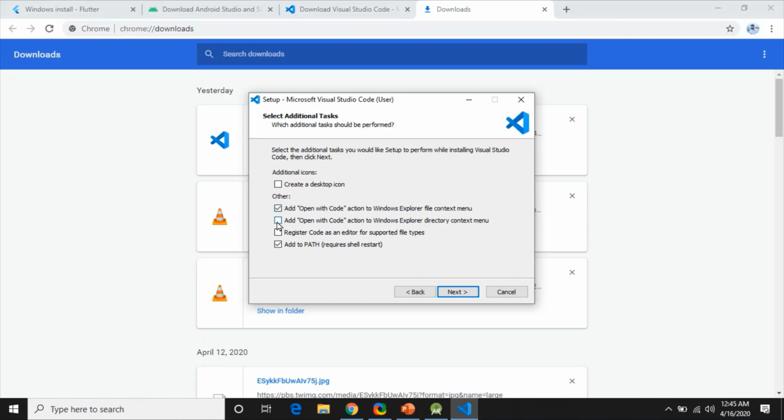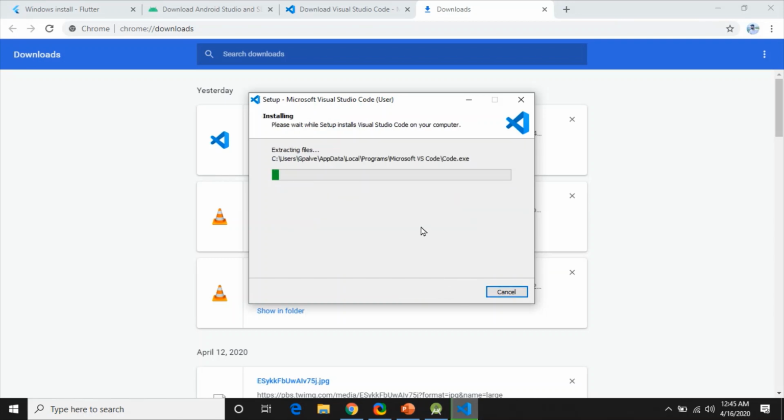Look, this: add open with Code in the Explorer directory, register Code as an editor for supported file types. All of this should be checked. This is compulsory. Please do it. Keep this in mind, you have to select these and only then click next and install. It will start installing the required files,